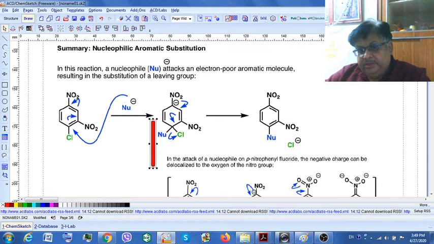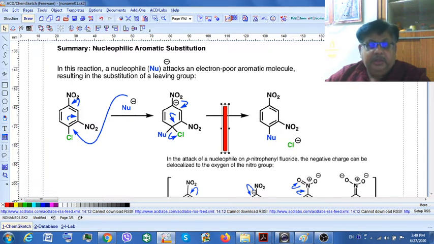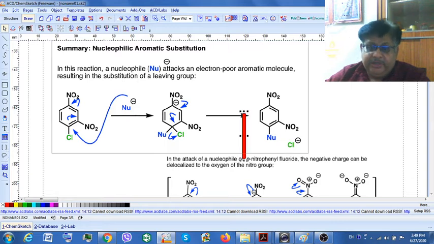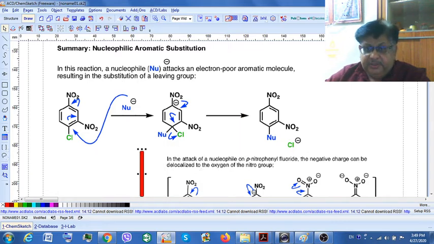Now you see here, it gives you a series of resonance structures which gives you a carbanion stabilized by this NO2 here. That is the reason why it undergoes nucleophilic aromatic substitution. Please also note that structure number 1 is aromatic, structure number 2 is not aromatic. So to regain back its aromaticity, it loses chlorine. That completes a sequence of reactions.